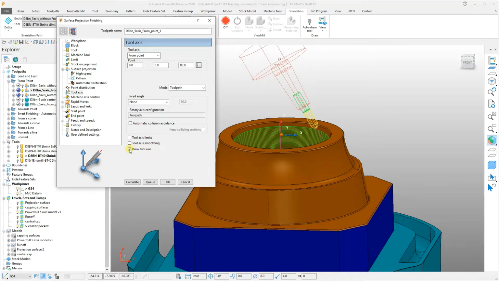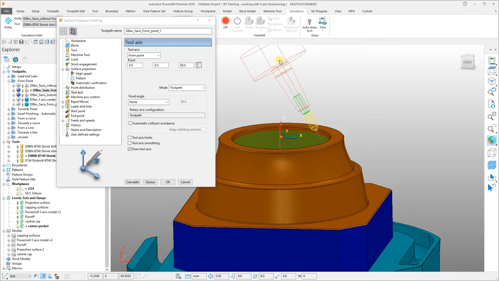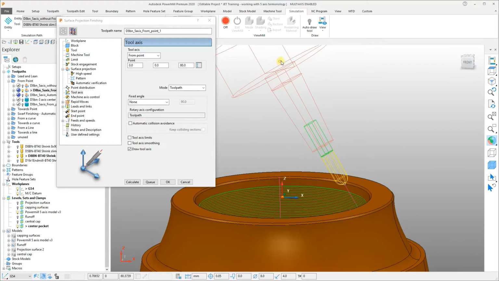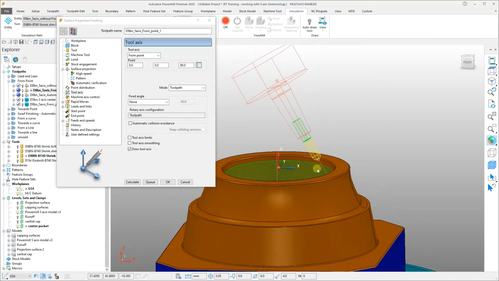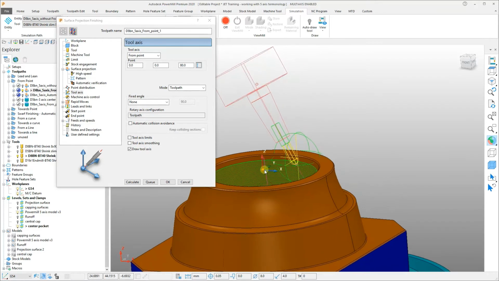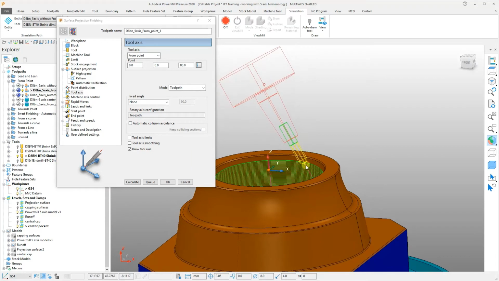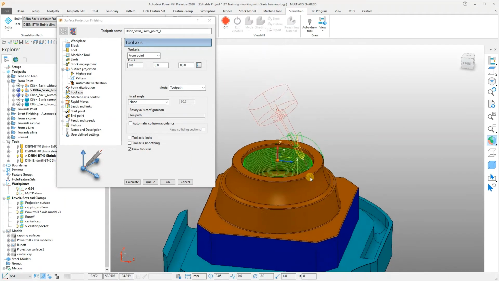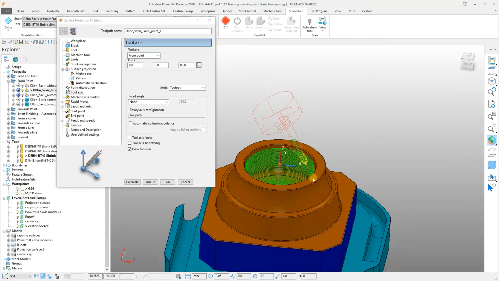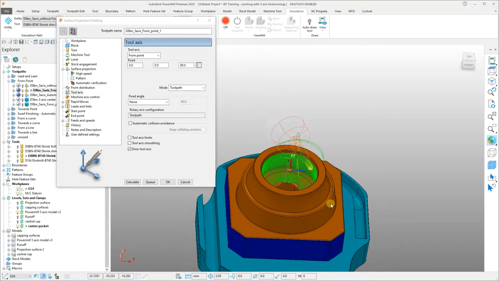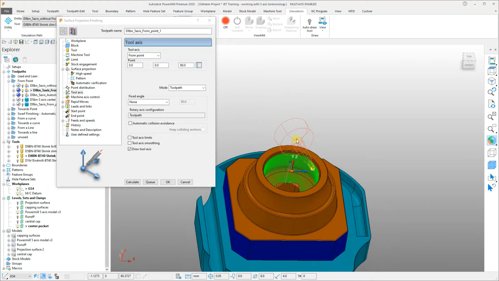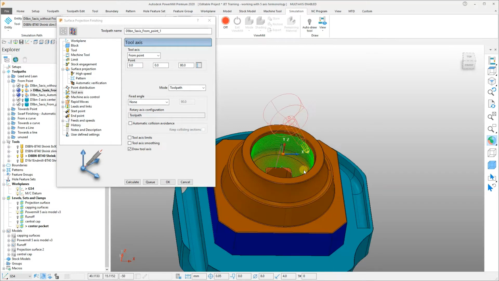When we draw the tool axis, you'll notice the point is now highlighted on the screen just here. So the tip of the tool will remain constant through that point, pointing away from the point,